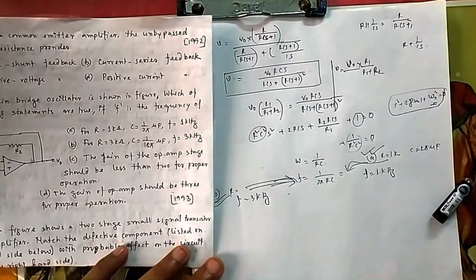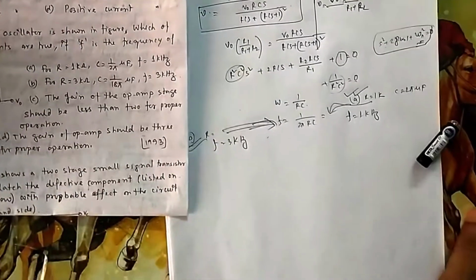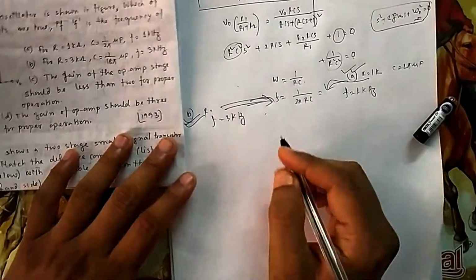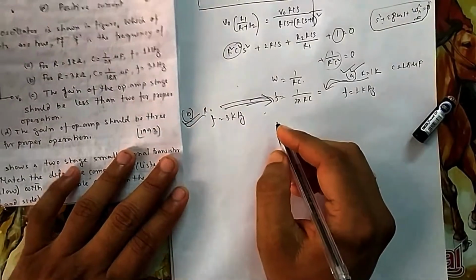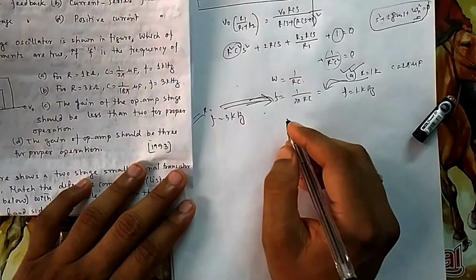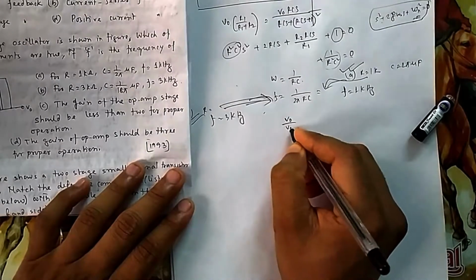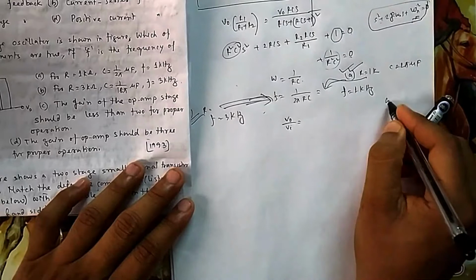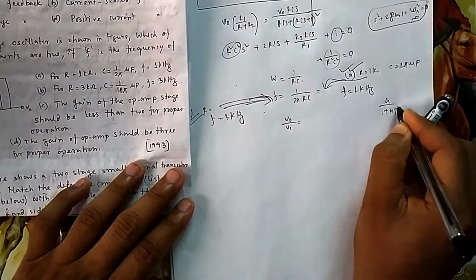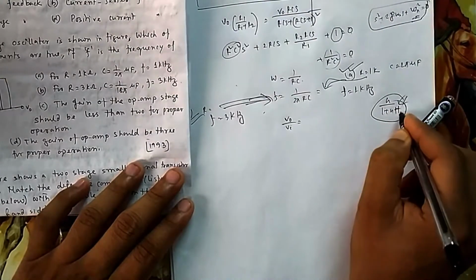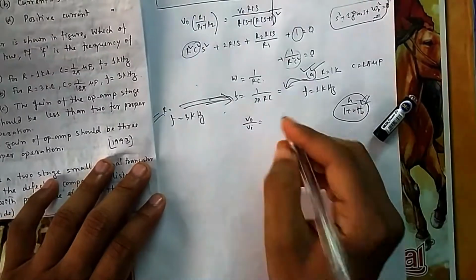Now what is there? C, the gain of this amplifier. So what is the gain? Now if you see the oscillators, in case of feedback, because it is positive feedback, you can see what will be my transfer function, that is V0 by Vi. In control it was G by 1 plus GH, I think you can remember this one, but in control it was negative feedback. So here it is positive feedback.